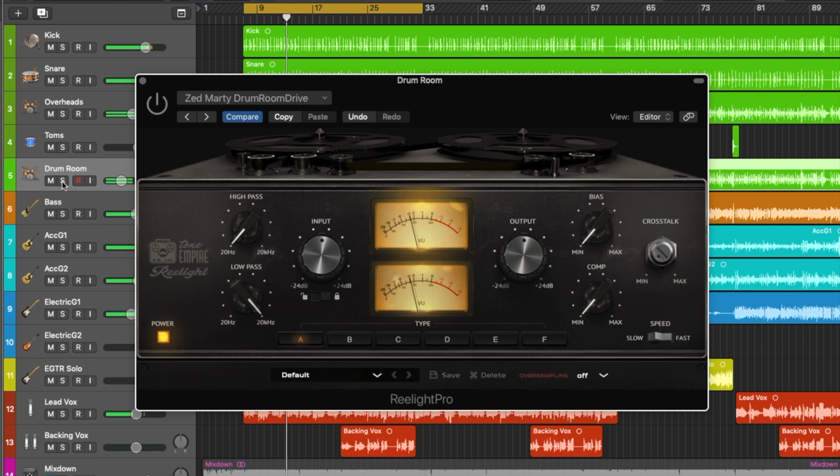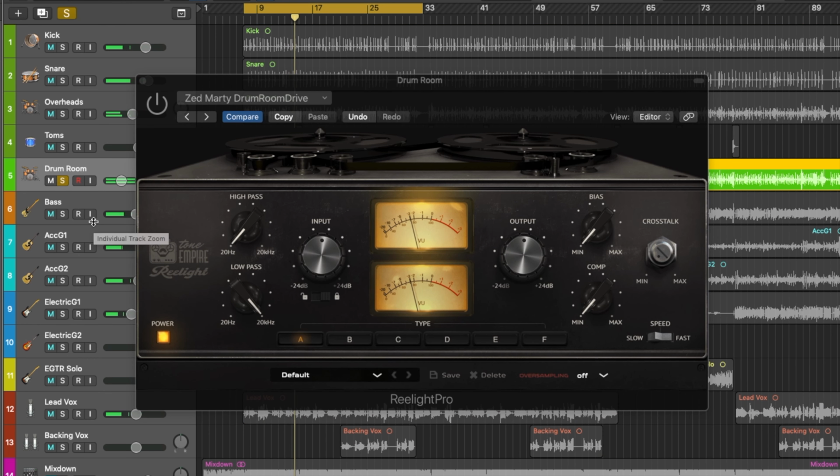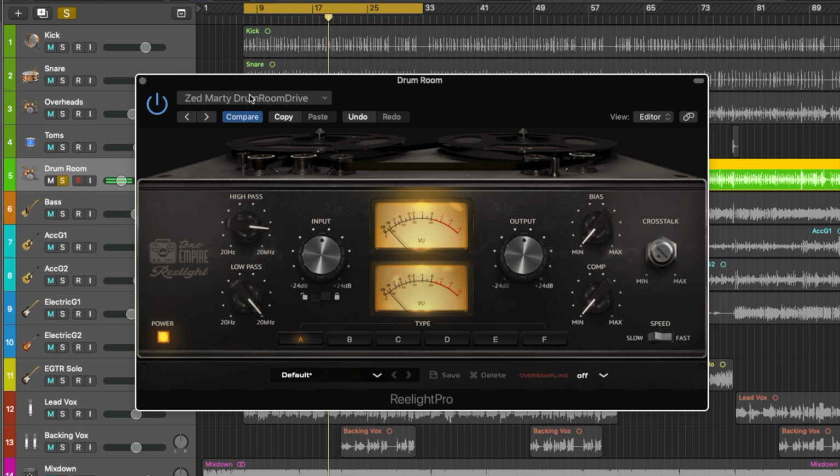So let's solo the drum room here. And I'm going to show you what the plugin is actually doing. We have high pass and low pass. Then input. So you can really distort it